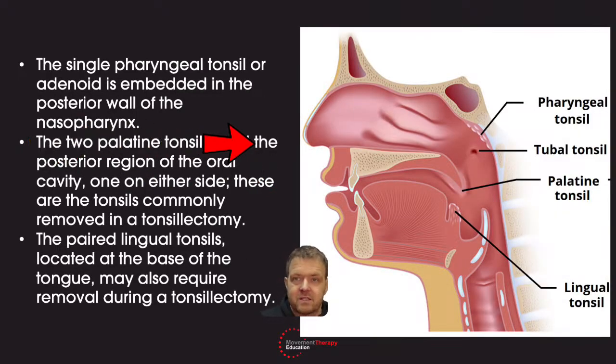So those are the palatine tonsils, one either side, and they're the tonsils commonly removed in a tonsillectomy. So those are the ones usually taken out. And then we've got lingual tonsils located in the base of the tongue. So that's here, just there. Okay, so we've got palatine. So it's kind of like a gateway, isn't it? But before things enter into your